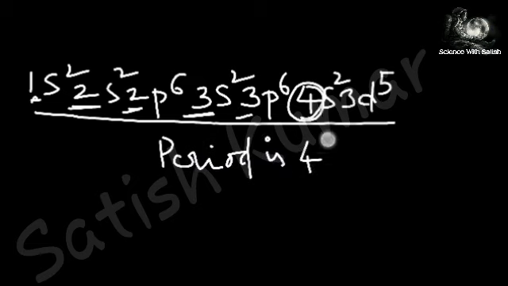So, what about the group? For the group number of an s block element, it is simply the electrons in ns. For p block elements, this is simply ns plus np plus 10. Just now I have given you the trick. For d block elements, this is the number of electrons in ns and (n minus 1) d.